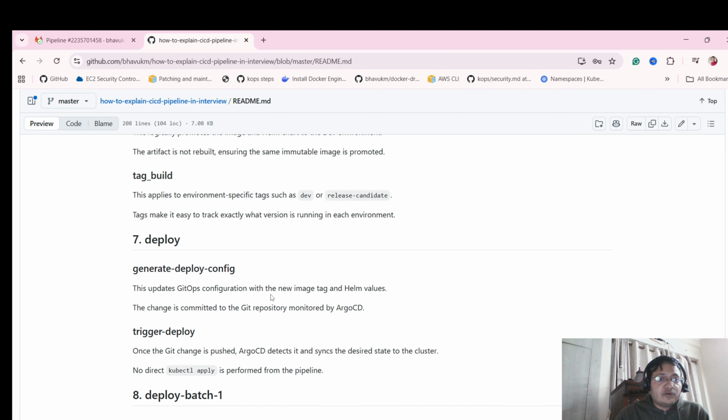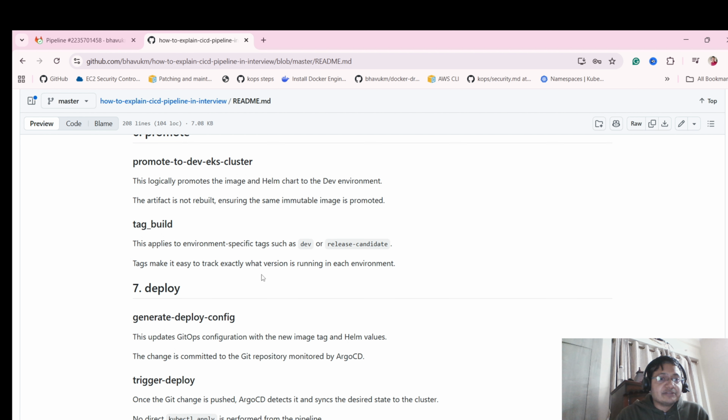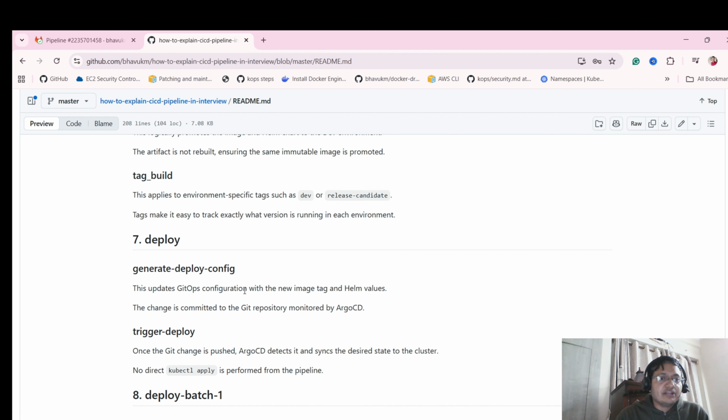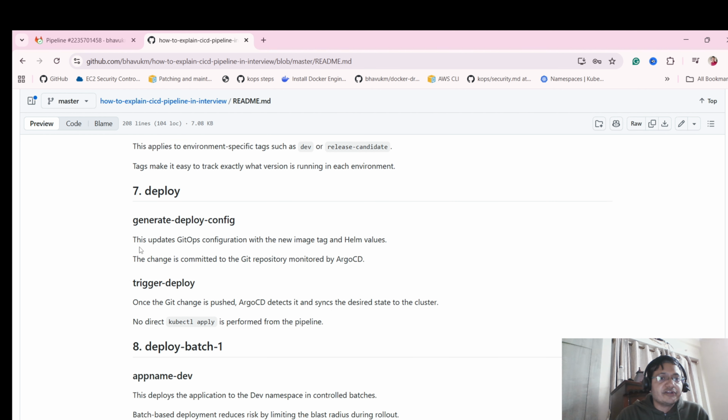Yeah, so then we have stage number 7. It's called deploy. It's going to generate the deploy config. So after all the 6 steps, we're going to create the GitOps configuration with the new image and Helm values. The change is committed to the Git repository, which will be monitored by our Argo CD, as I mentioned. So as soon as there's any change in this repository, it's going to be detected by the Argo CD instance, and